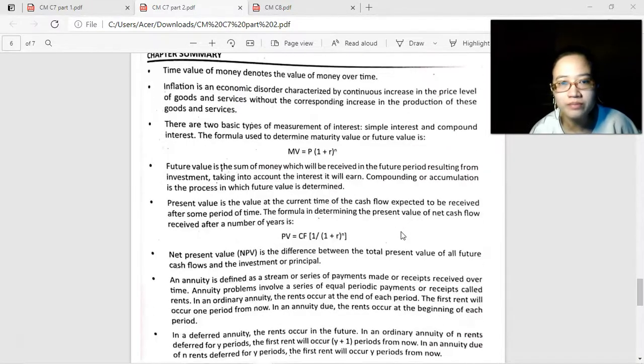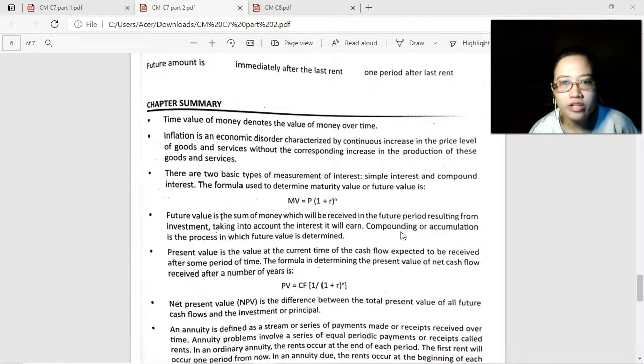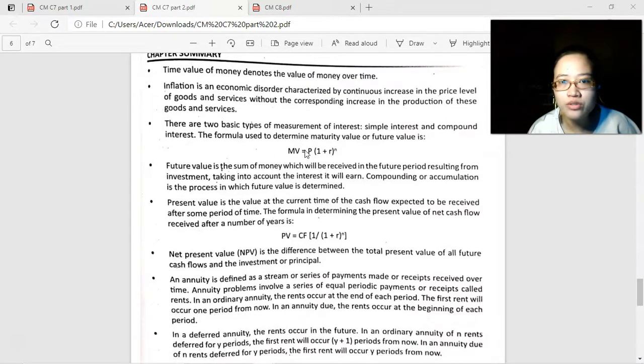Okay? So we have the chapter summary. Time value of money denotes the value of money over time. Inflation is the reason, okay? The economic disorder characterized by continuous increase in the prices of goods and services without the corresponding increase in supply, okay? There are two basic types of measurement of interest, simple and compound. Formula used to determine maturity value, principal times 1 plus interest rate raised to N, or the term, or number